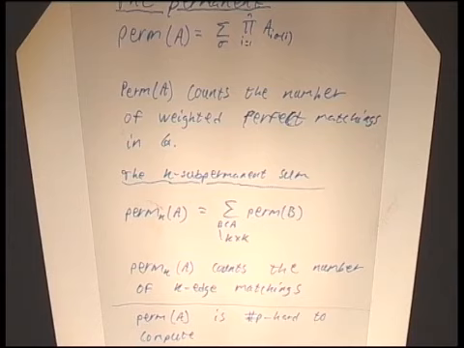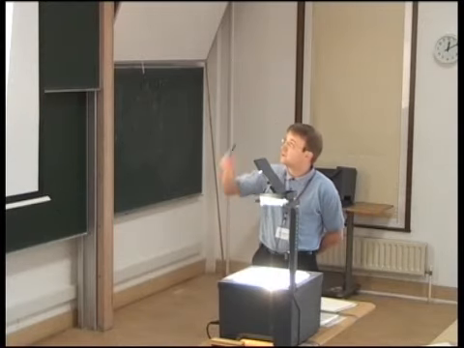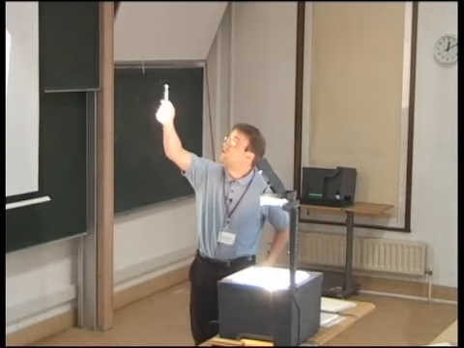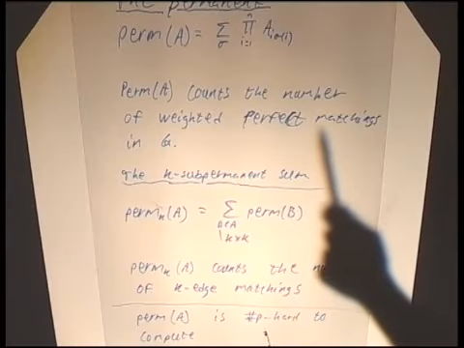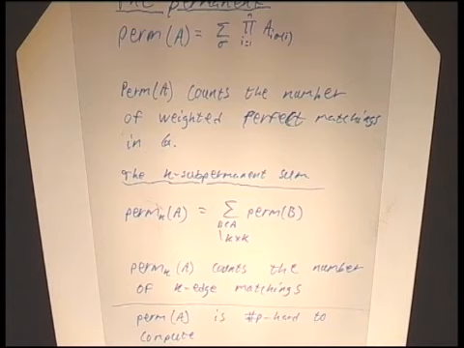You're considering a bipartite graph with n vertices on the left and n on the right. Exactly, because if they're not equal, there are no perfect matchings. Right, there could still be matchings. Oh yes, and there's a way of getting to that. Right, but you're restricting attention to this n. At first, yes. So the permanent of A counts the number of weighted perfect matchings in G,